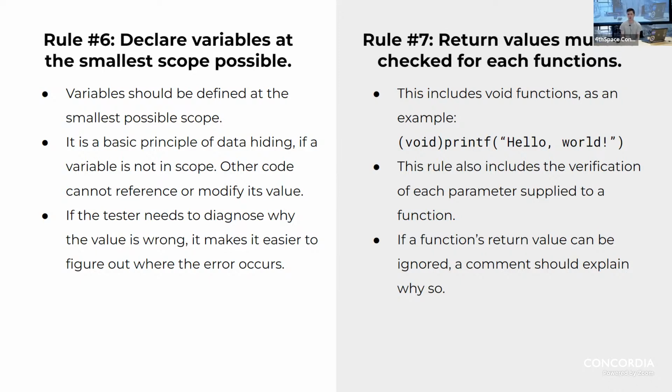It's not the end of the world. It doesn't impact your code that much. Might be annoying in some cases, but it's not really a big deal. So you want to disregard the return value for that. So what you want to do is you want to cast that function to void.